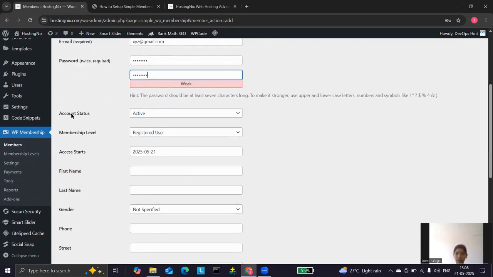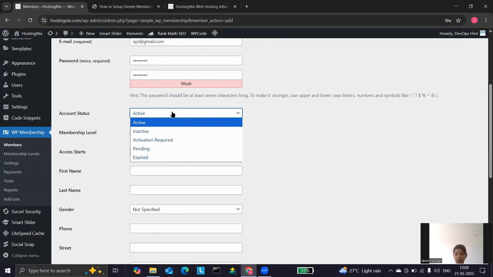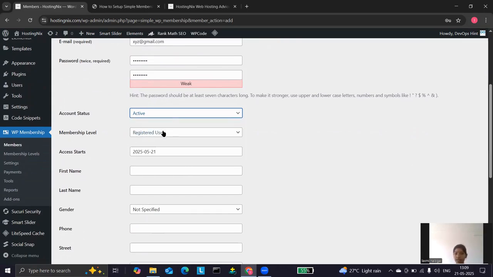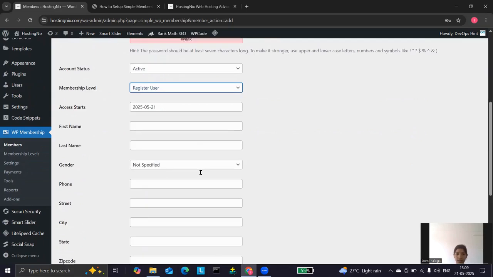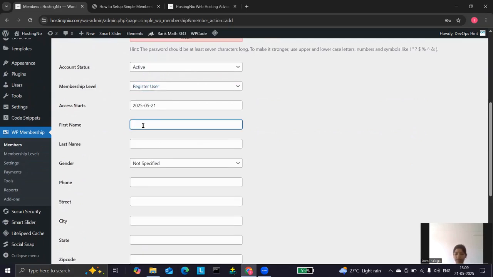Now in account status, just click on Active. Here you can select the membership level. So this is the registered user that we created. Select that. You also mention the name for your member.